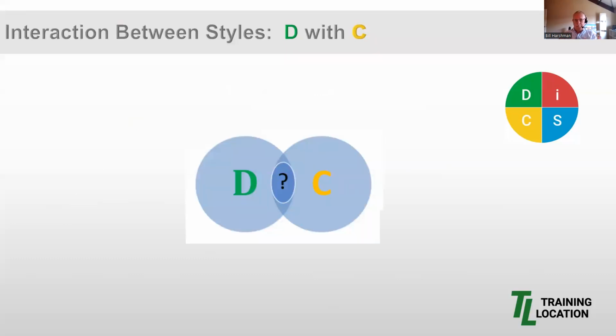As we begin to wrap up, what is there to learn from where the worlds of the D and the C intersect? That key to the DiSC is understanding all four styles in order to have some more effective interactions. And remember our core principle, everyone is a unique blend of all four styles. So the D style contains some I, some S, and some C. Equally, the C style contains some D, some I, and some S.